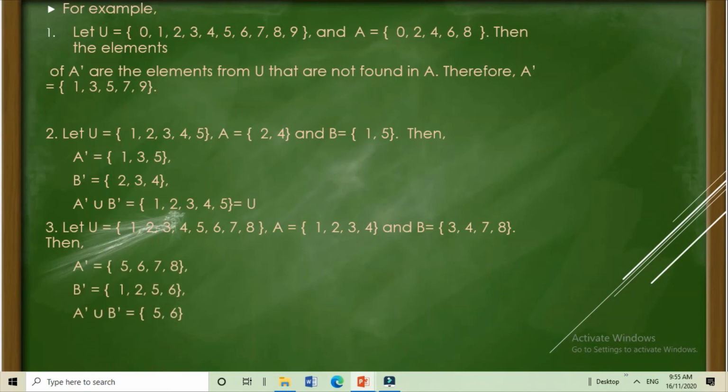Then, the complement of A, or ano yung mga elements na nandun sa universal set U na wala sa set A, and that is element 5, 6, 7, 8. Kasi nga, wala siya sa set A. Pangalawang question, what is the complement of B? And the answer is element 1, 2, 5, 6.